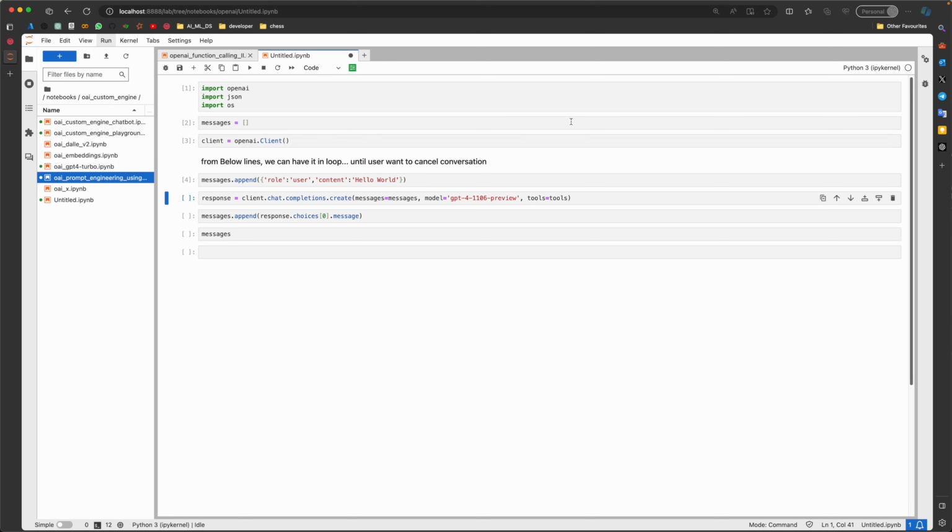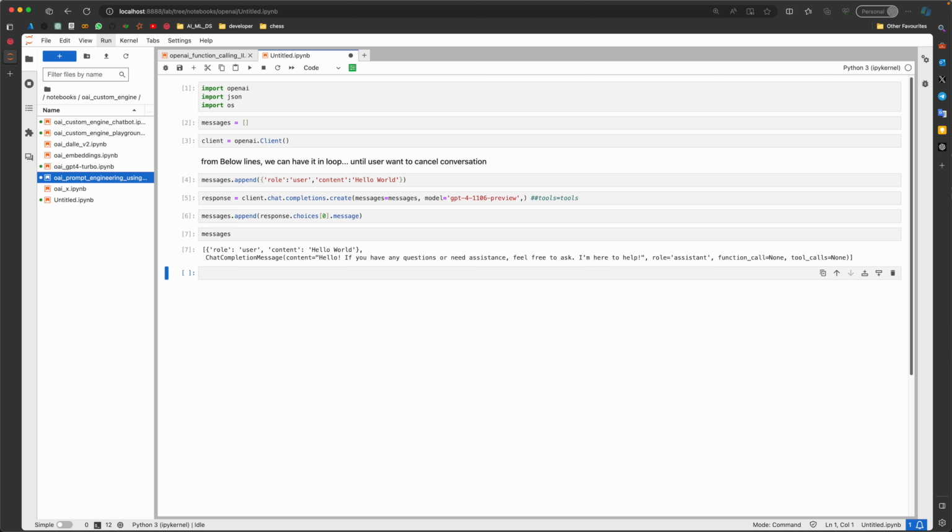We send the whole message list, or message array, with the model that we want to use. For the time being, I'll just put this outside because that's not what we need now, and we will be getting a response from our API. We add this response to our message list, and we just display the message list, right? This is our normal flow.